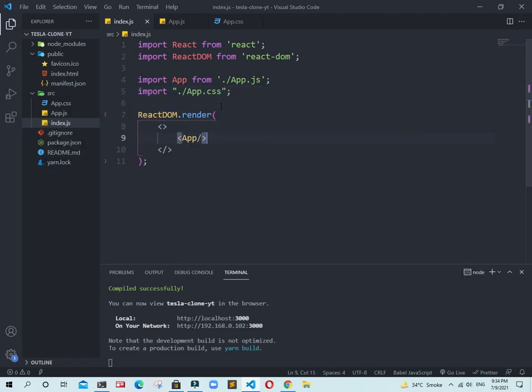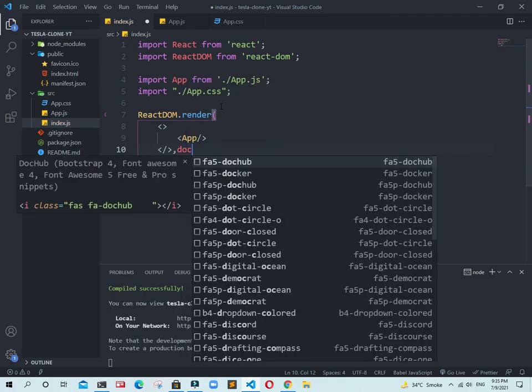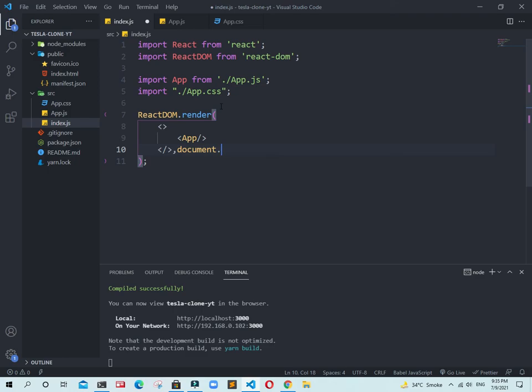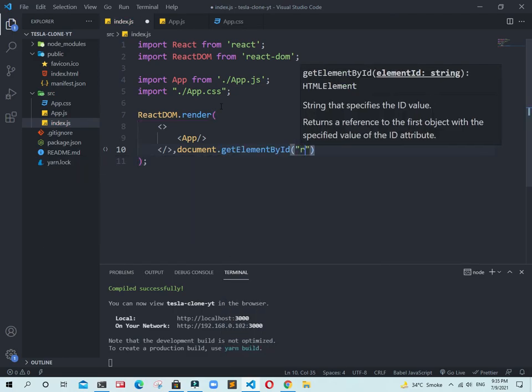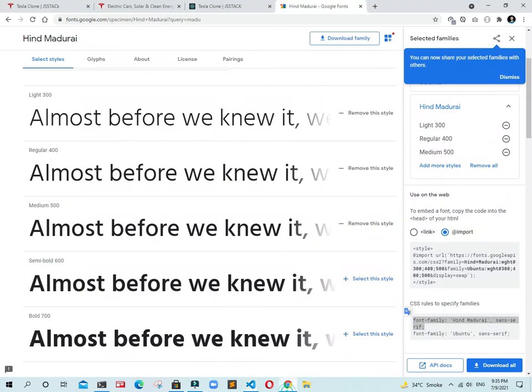It's imported. Now add a comma after the fragment, and we need to select our DOM by a selector, which is document.getElementById, and add the ID root. After saving this one, if I go back and refresh this one.